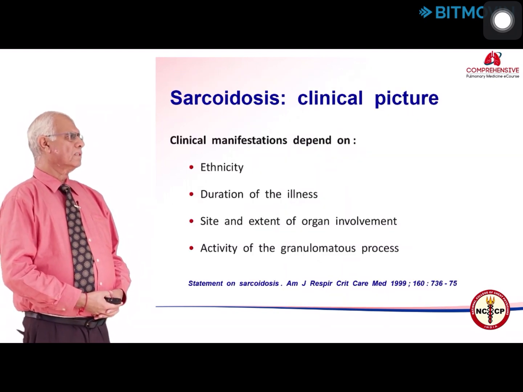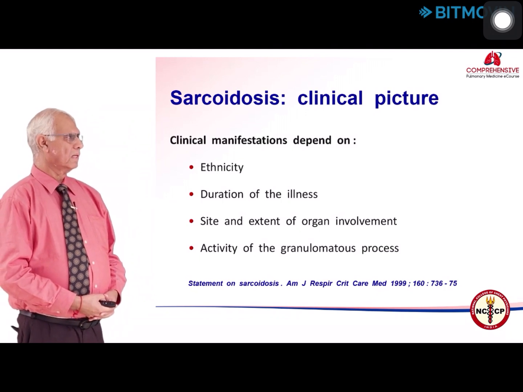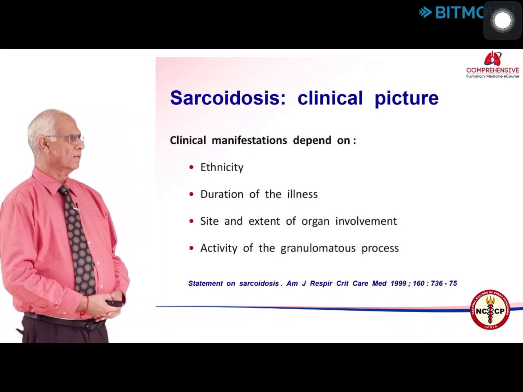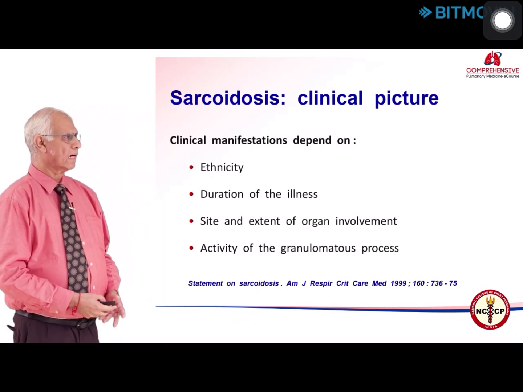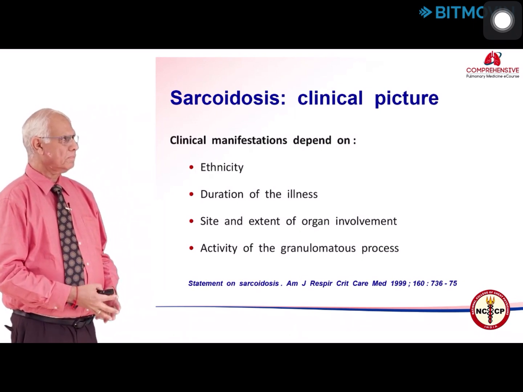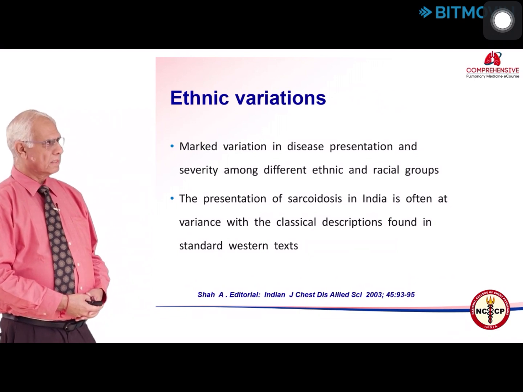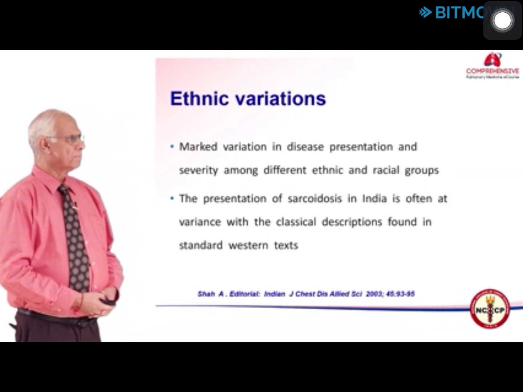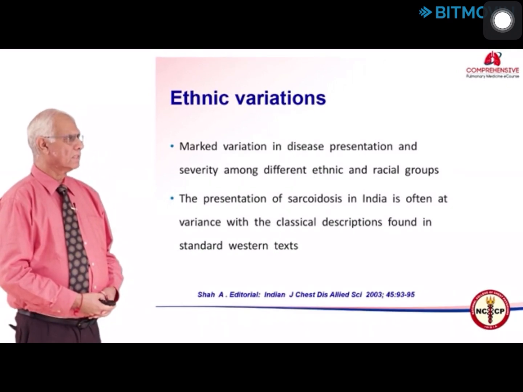The manifestations of sarcoidosis depend very much upon ethnicity, duration of illness, site and extent of organ involvement, and activity of the granulomatous process. There is marked variation in disease presentation and severity among different ethnic and racial groups. The presentation of sarcoidosis in India